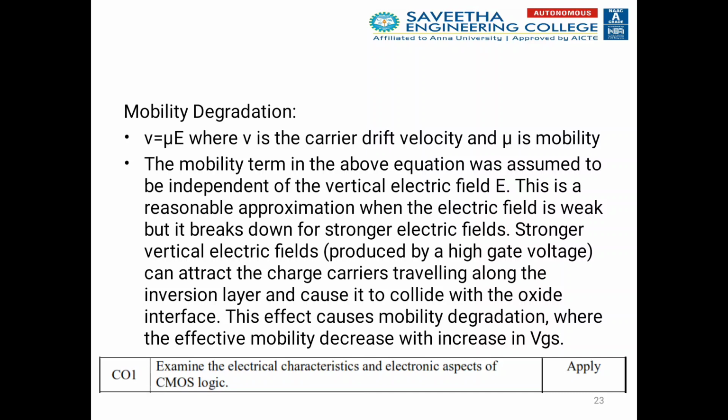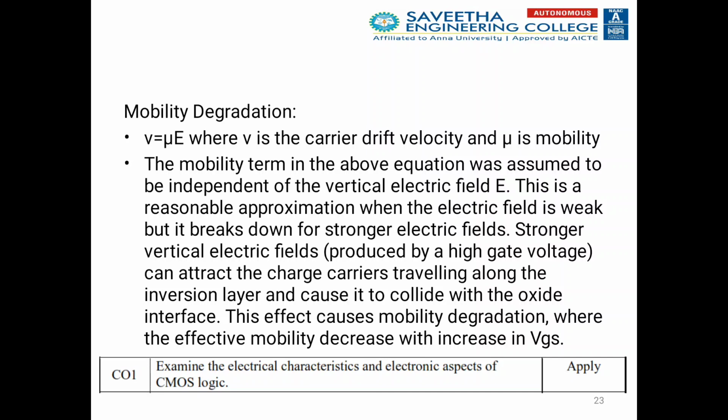V equal to mu E. Here, V is the carrier drift velocity and mu is the mobility of electrons. The mobility in the above equation was assumed to be independent of the vertical field E. This is a reasonable approximation when the electrical field is weak, but it breaks down for stronger electrical fields. Stronger vertical electrical fields